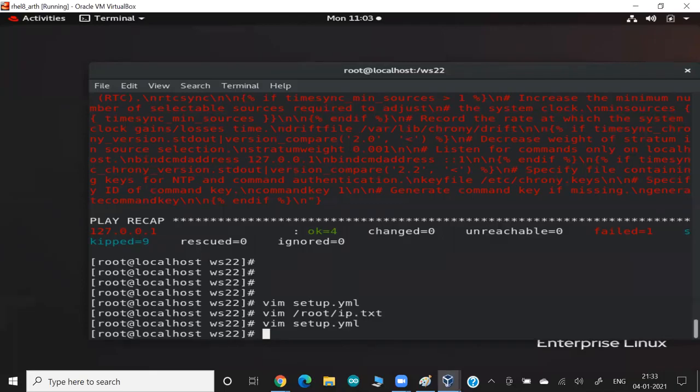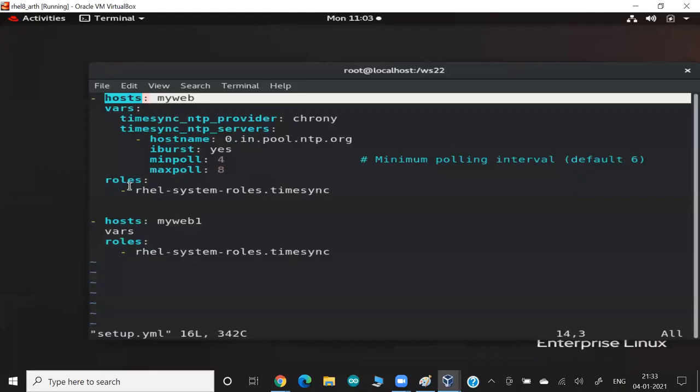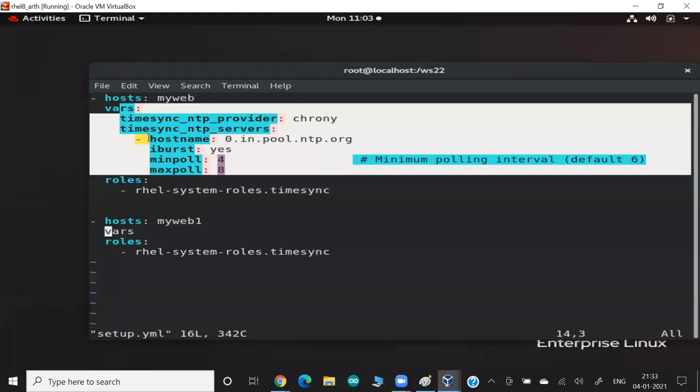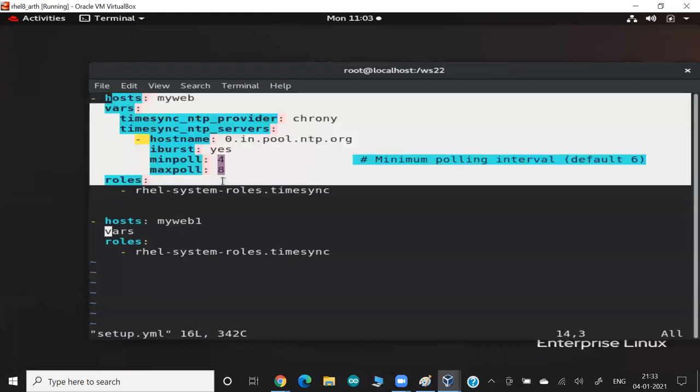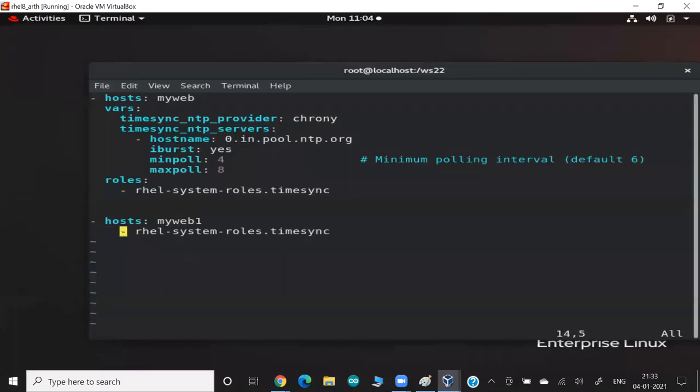From a simple management perspective, what can you do? Normally in this entire code, this is the system where we are applying the code, this is the role we are applying, but this part is always very big, even though we just write one small play here, or very limited variables here. So what can we do from a good management perspective? We can tell Ansible, whenever you need a variable for this group,